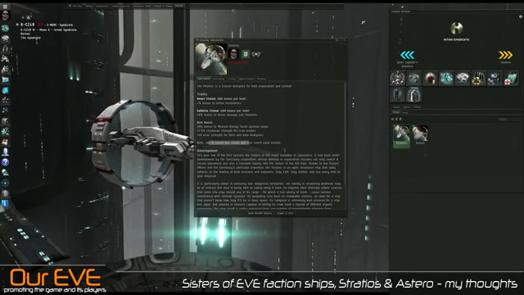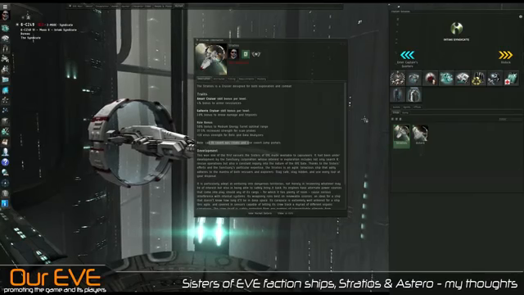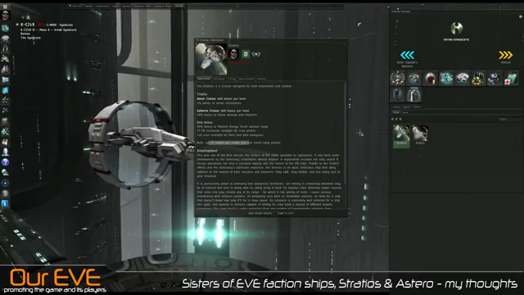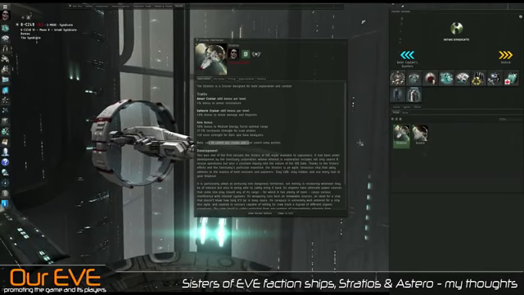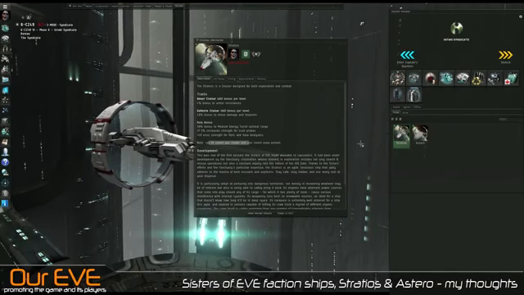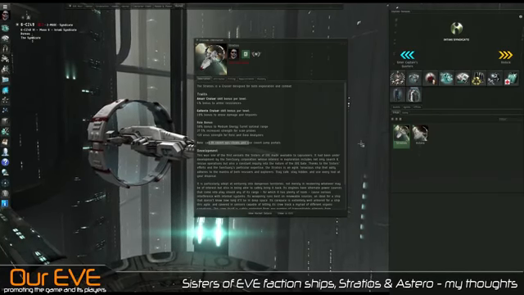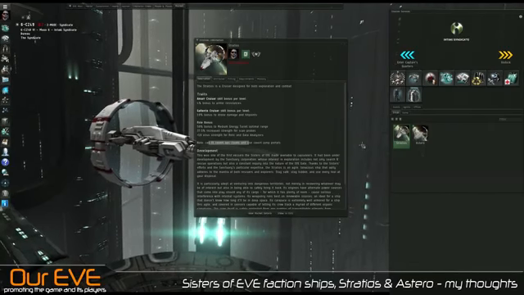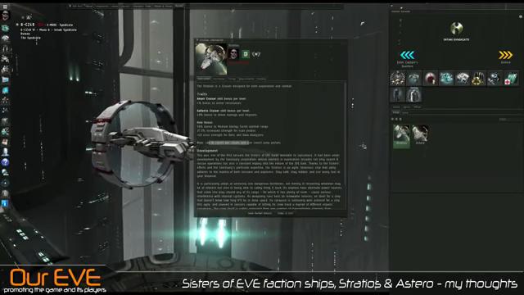But there is one thing I need to bring up. I've been hearing about there not being a reduction to the cloak reactivation timer. Now, for those who don't know, covert ops capable ships usually only have a 5-second delay between decloaking and being able to reactivate their cloak. Now, from what I've seen, and I've also seen video of this, these ships, the Stratios and the Astero,